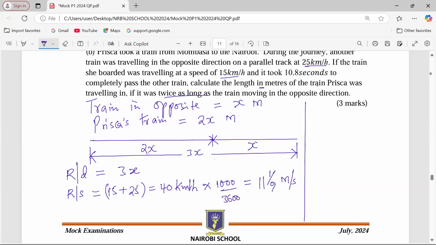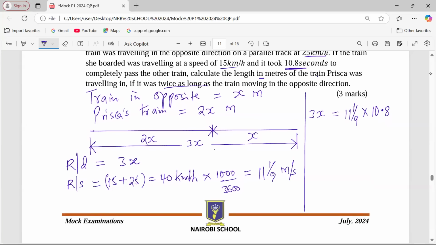So we shall say that the distance of 3x is given by relative speed times relative time. So a relative speed of 11 and 1 over 9 multiplied by a relative time, the time taken to completely pass, 10.8. So 3x equals, when we multiply this by 10.8, I'm getting 120. Then for me to remain with x, I should divide 120 over 3, giving us 40